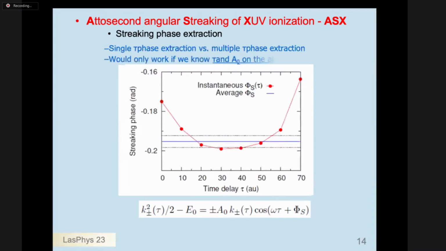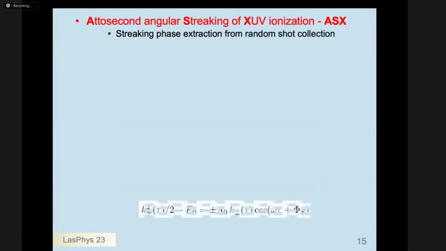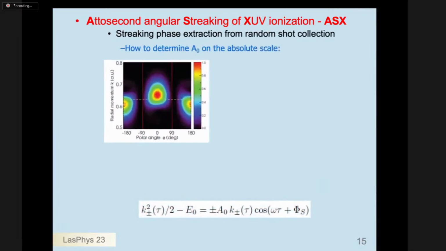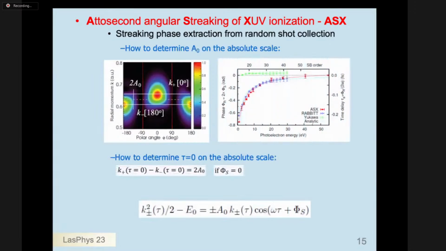To do so, we need to know A naught, which is the magnitude of the vector potential, and we need the absolute timing scale. We need time zero for this measurement. A naught can be determined from the maximum displacement of the up and down loops in the photoelectron momentum distribution, and the time zero can be obtained from this value,